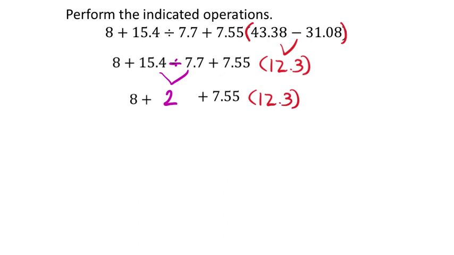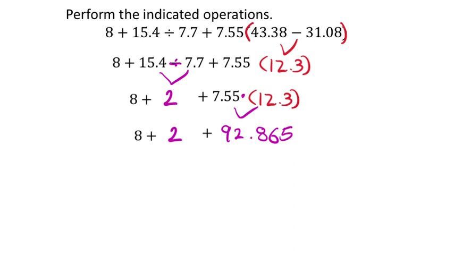Okay, so that was division, but there's still multiplication, right? Now it's not showing the multiplication, but there is some right there between 7 and 55/100ths and 12 and 3/10. When I put this into the calculator, I got 92.865. Now again, everything else stays the same. We still got an addition right there. So it's 8 plus 2 plus